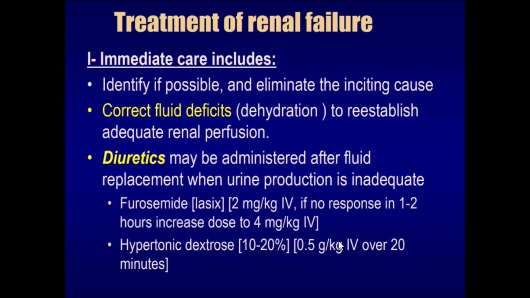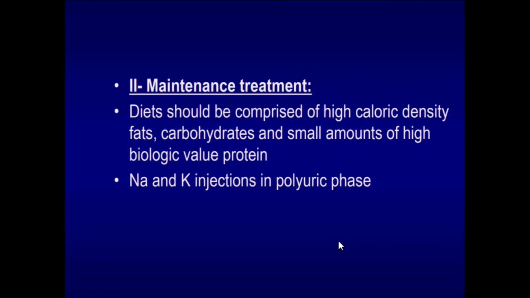Furosemide is given and hypertonic dextrose is administered. The dosage is written. You can follow this dosage for the treatment of renal failure. The second possibility is the maintenance treatment. In this, diet should be comprised of high caloric density fats, carbohydrates, and a small amount of high biologic value proteins, and sodium and potassium injections in case of polyuric phase